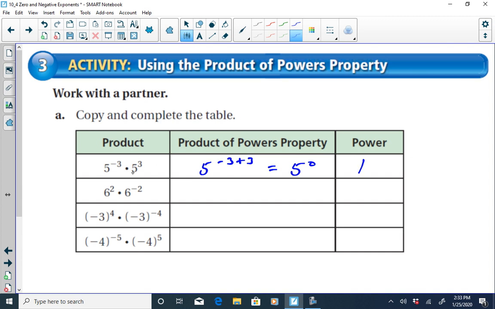Now, we can rewrite this as 5 to the third over 5 to the third, because this is the reciprocal of that, and anytime you multiply reciprocals, you're going to get a product of 1 here. This next one is going to be the same as 6 squared over 6 squared, which we know is equal to 6 to the 0 power,